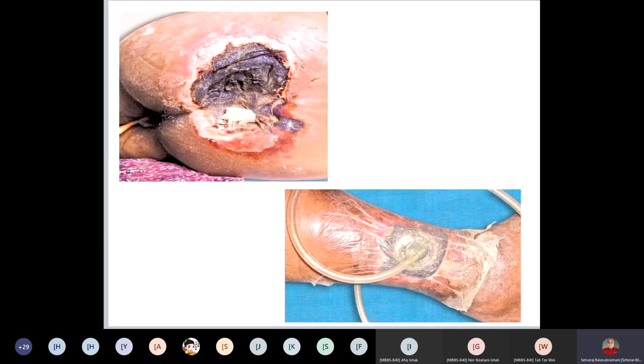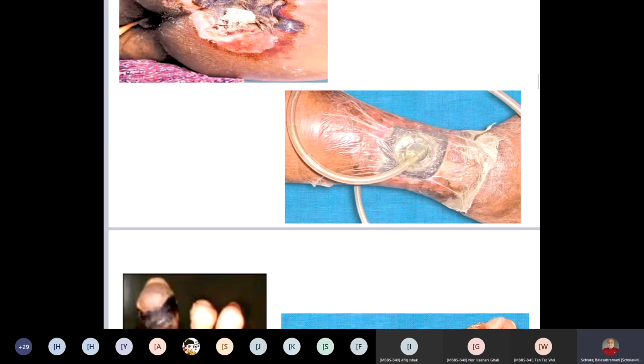Today after this class, I will share this video, this decubitus ulcer. Okay, this is another patient. You are seeing black coloration in the toe. Here also you are seeing it, but to begin with, these patients develop their ulcer in the tip of the toes. Then it progresses like this, the black color.